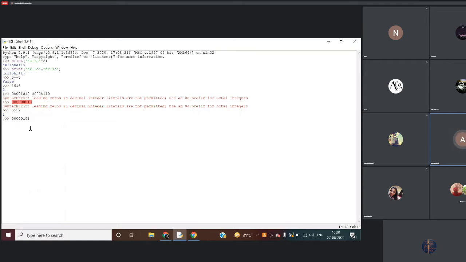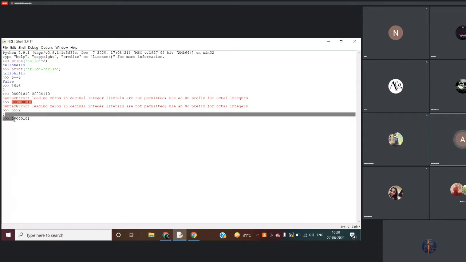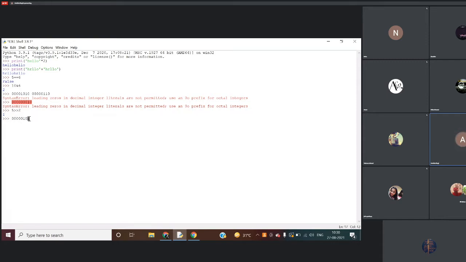And in case of 2, it will be 0 0 0 0 0 0 1 0, right? In case of shift, it will be shifting the bits by these many places. Okay, so in case of 5, whenever the shifting of the bits takes place, one will be lost, right?